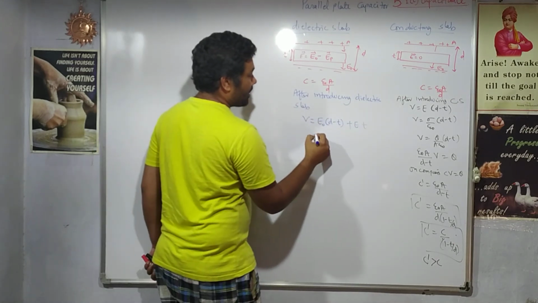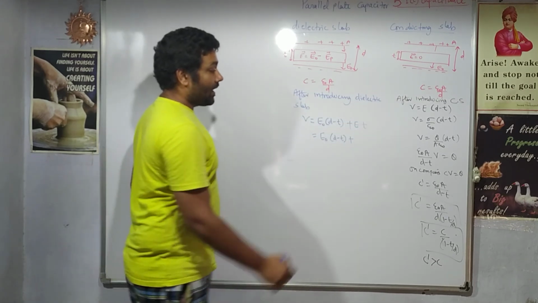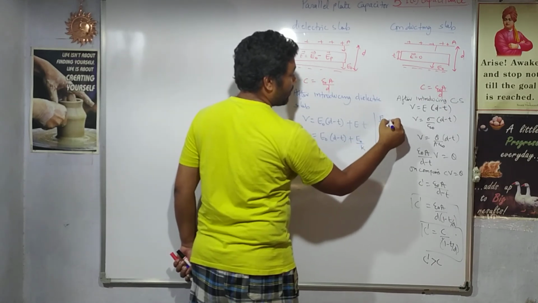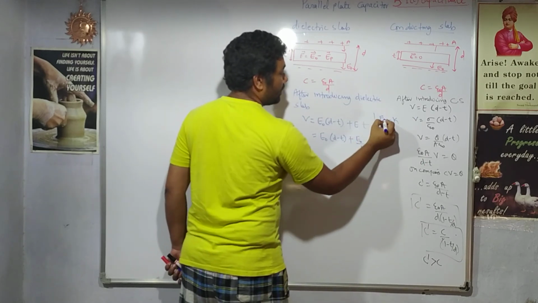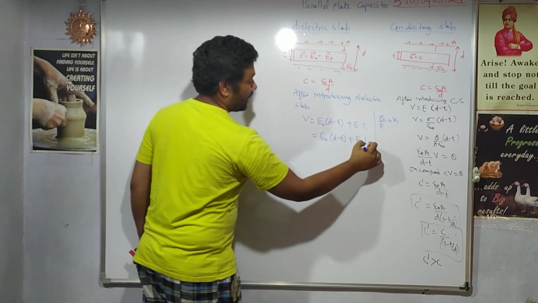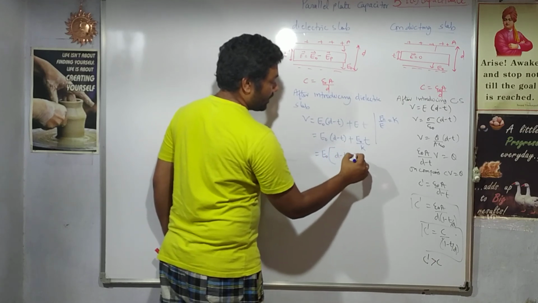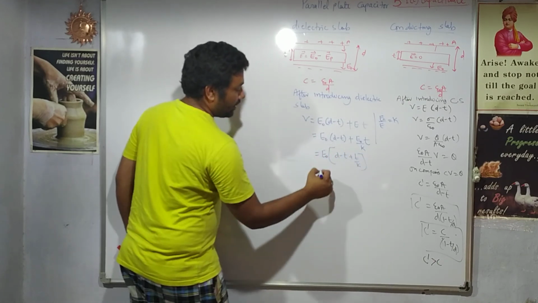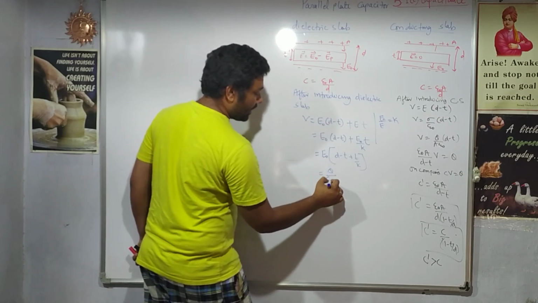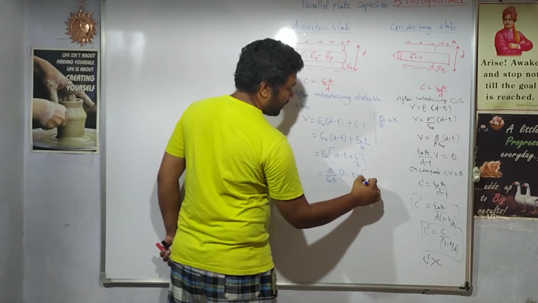Now let us simplify this equation. E naught into D minus T, right? Electric field E can be replaced by E naught by K. We know this relation that E naught by E is equal to K, right? So value of E can be obtained as E naught by K. Into T. If we take out E naught common, it will be D minus T plus T by K. E naught again can be substituted as sigma by epsilon naught, and sigma is charge per unit area. So D minus T plus T by K, correct?